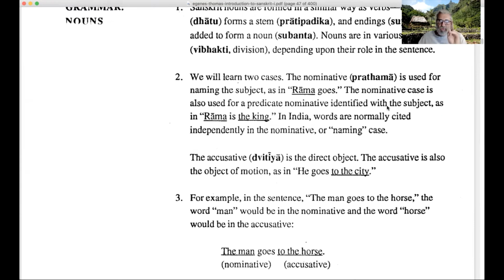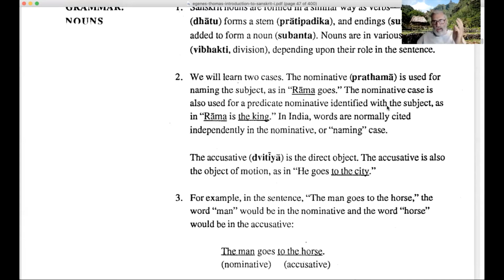We will learn the first two cases. Remember, with nouns we also have numbers. We have singular, dual, and plural, right? So we have one house, two houses, three or more houses. Singular, dual, and plural. So we will learn two cases, in singular, dual, and plural. The nominative is called pratama. So these cases have different meanings, but when we name each case,